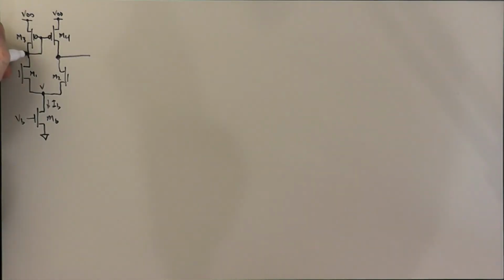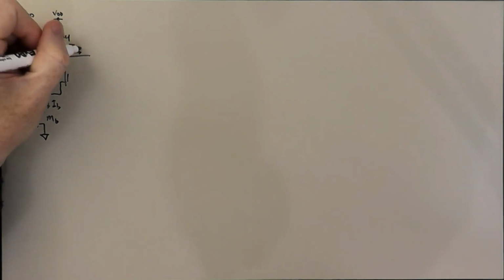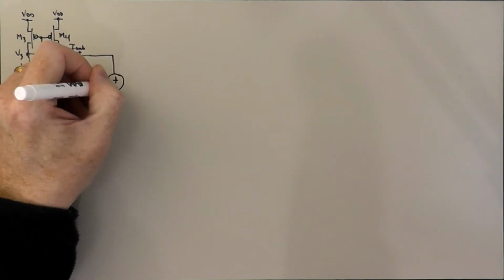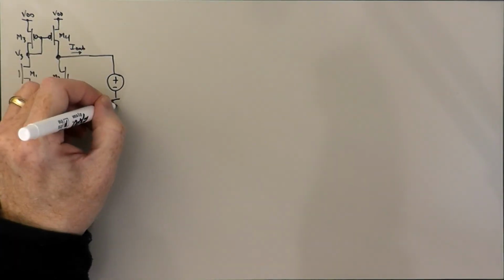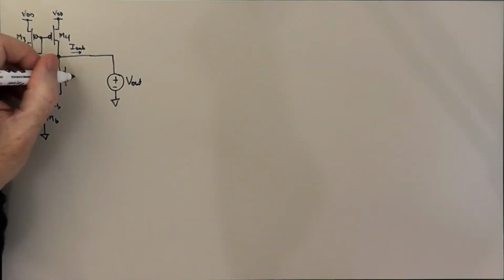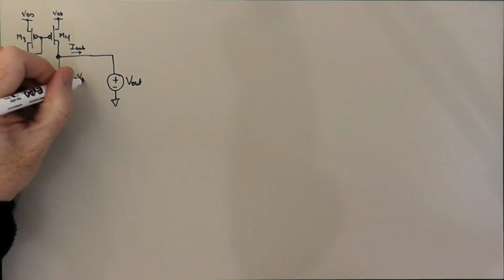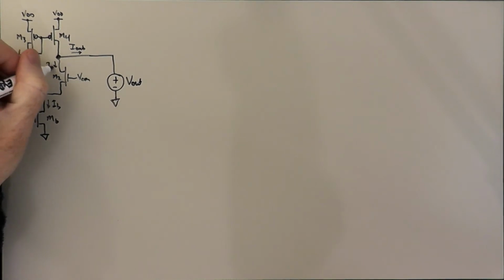If you recall, we had this notion that we had this output current I out, and we thought about holding the output voltage fixed with a voltage source, V out, and then thinking about what would happen if we let go. So let's assume we have VCM and VCM. We've got these currents here, I1, I2,